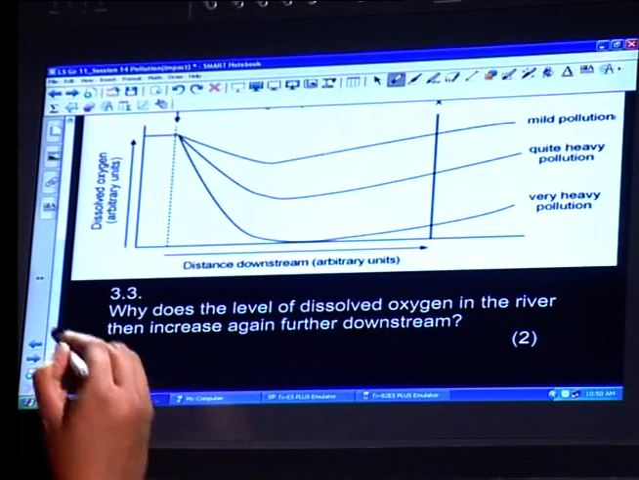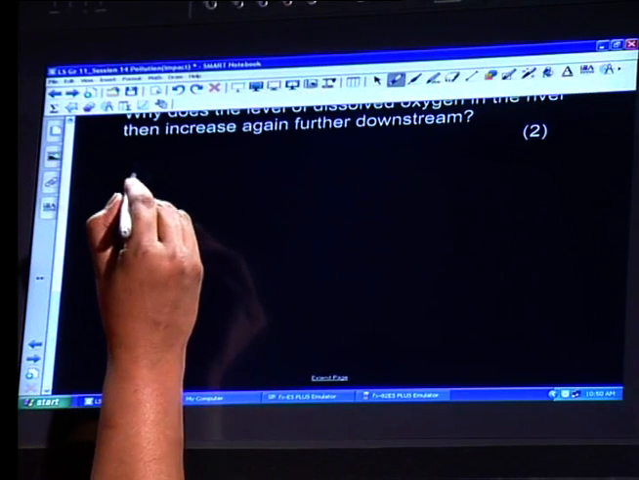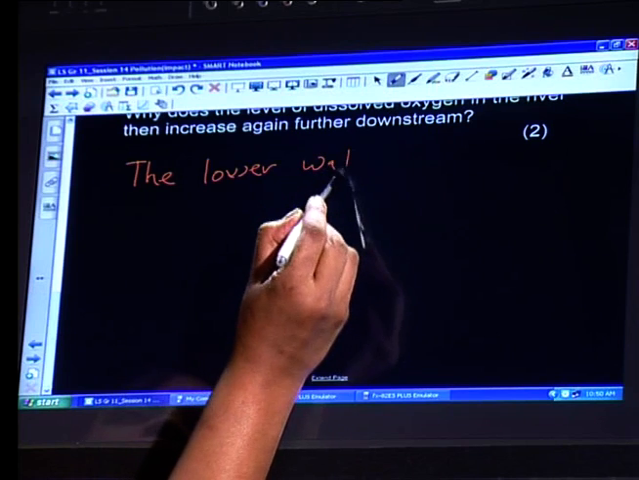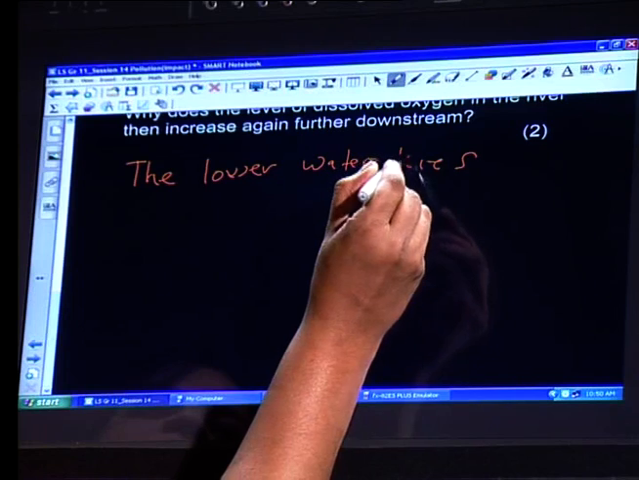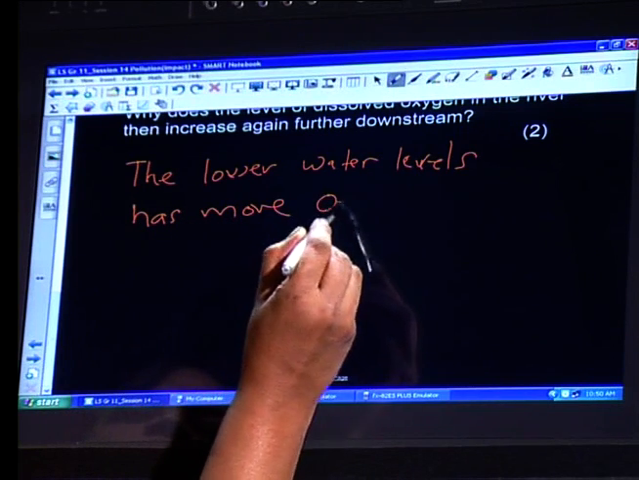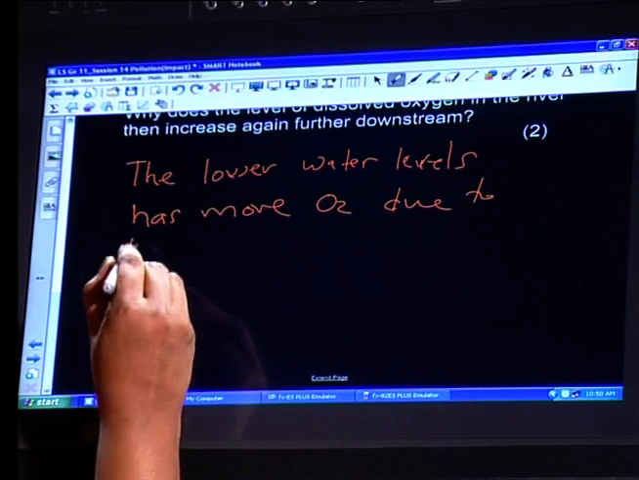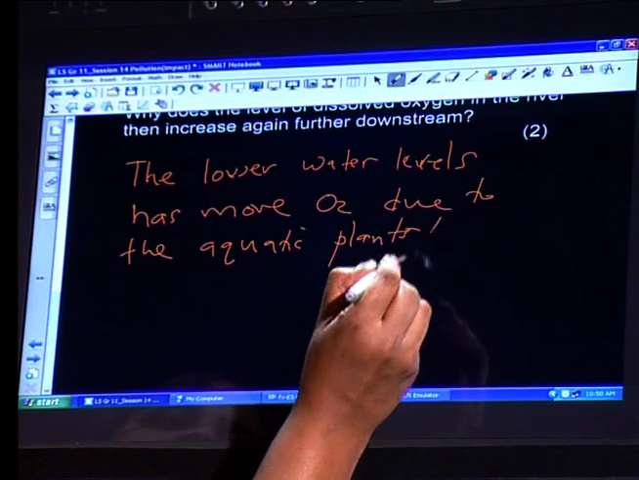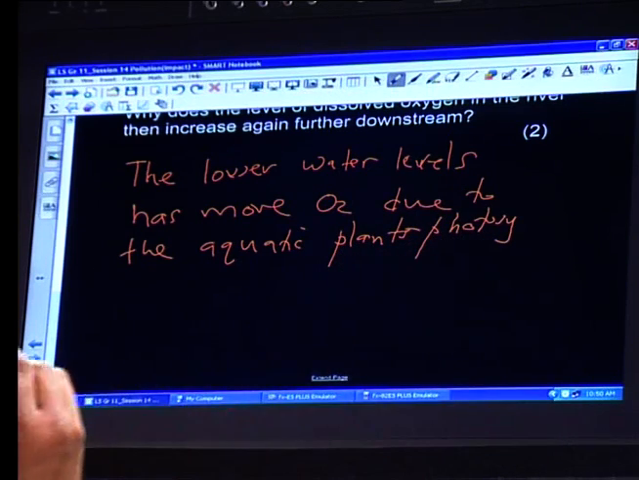Right. More aquatic plants, more oxygen at the bottom. Remember, it's cooler, there's less bacteria. So why does the level of dissolved oxygen then increase again further downstream? And that is that the lower water levels have more oxygen due to the aquatic plants photosynthesizing. So there's not much plants on the surface, plants at the bottom. Due to the aquatic plants photosynthesizing,